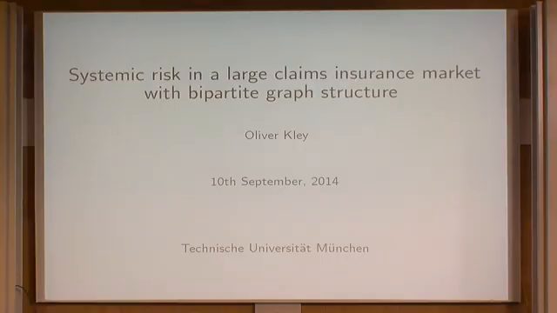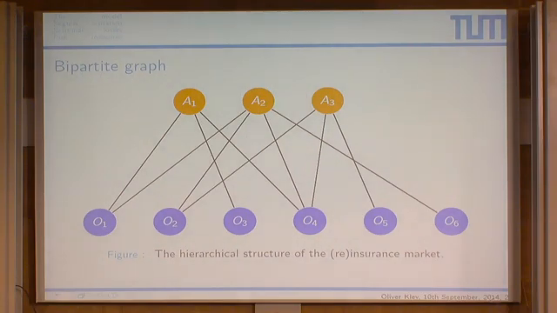Bipartite graph structure. Okay, there are actually many ways in which you can interpret such a bipartite graph in an insurance context. Of course, you could think of the blue nodes as individuals,